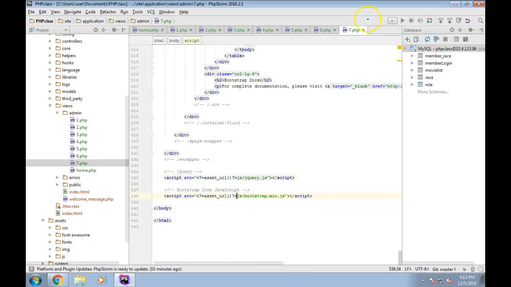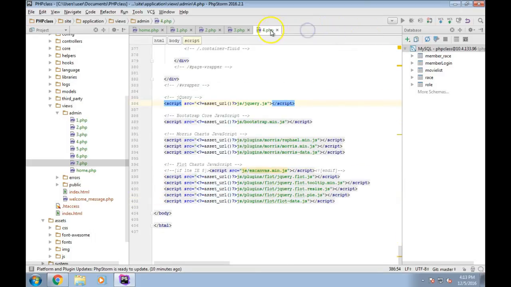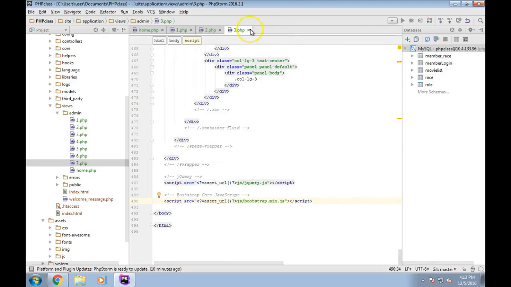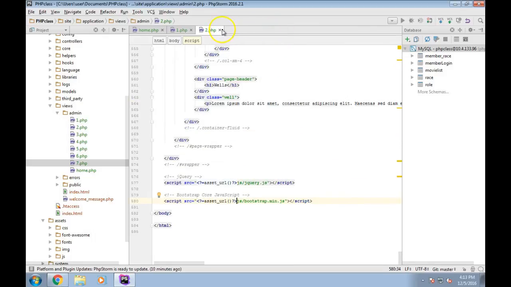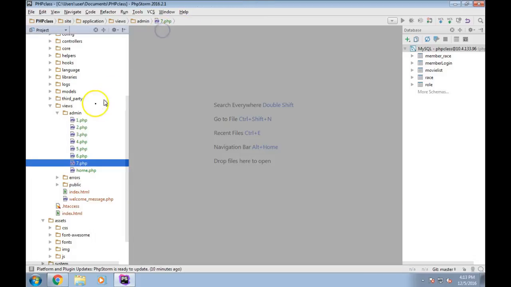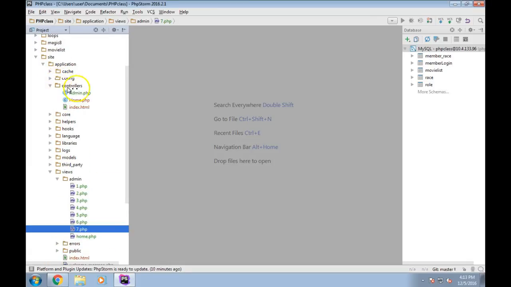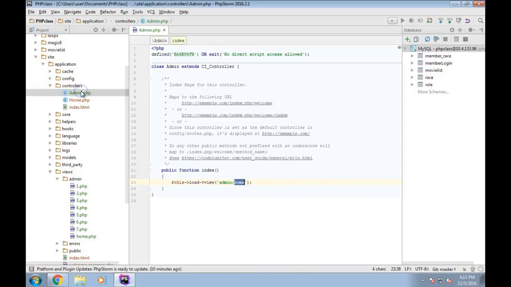Okay, so at this point, I think all my templates should be good. Now I can't just browse directly to them because it's not the way it works. I have to load my views through my controller. So I'm going to go up to my admin controller. Okay, so we've got our home here. So what I'm going to do